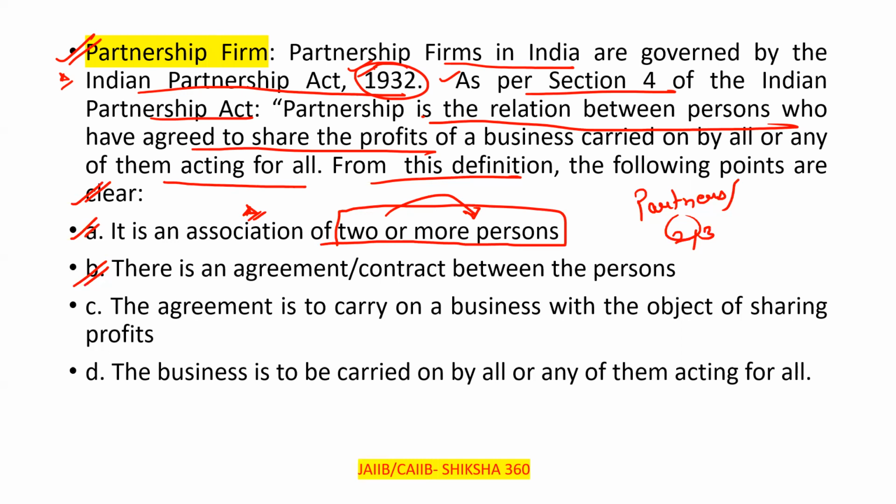Third, the agreement is for what? The agreement is to carry on a business with the objective of sharing profits. What is the motive of the agreement? To carry on a business with the objective of sharing profits. Fourth,